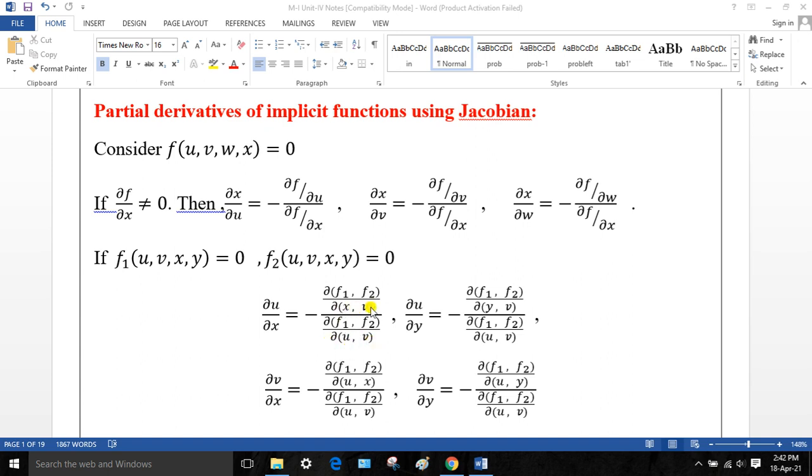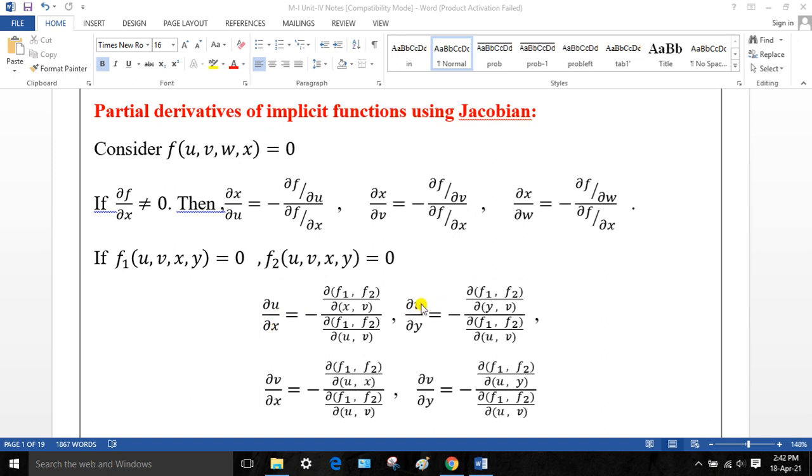Now what I have to write here? Now only this term is remaining. What I have to write here? So see this u, I have to replace this u by x now. This u is replaced by x now. So I write here del uv. Now this u is replaced by x, and the remaining variable is kept as it is. See here, I write del of x comma v. Why x comma v? Because I replace this u by the term x. Why? Because you have to find del u by del x.